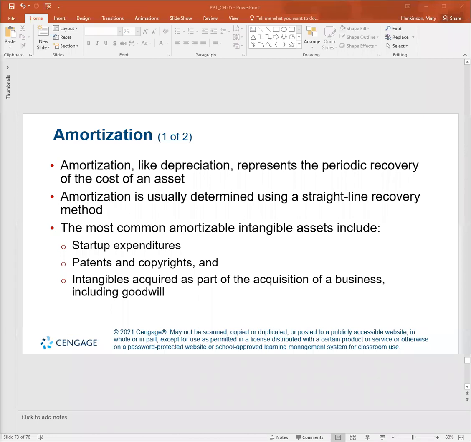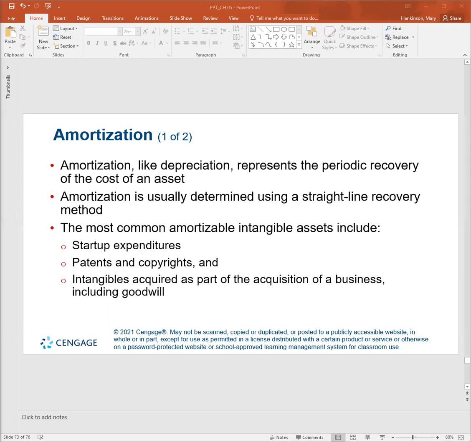I mentioned earlier that we were going to talk more about this. That is it on depreciation for now. There's more in your textbook that I encourage you to read on your own. But that is all that I'm going to discuss regarding deductions and depreciation. When we talked about depreciation, I said that later on in this chapter, we would discuss amortization and depletion. So real quickly, we're going to go over amortization.